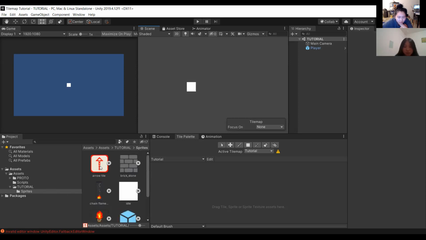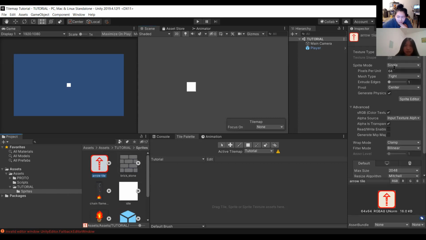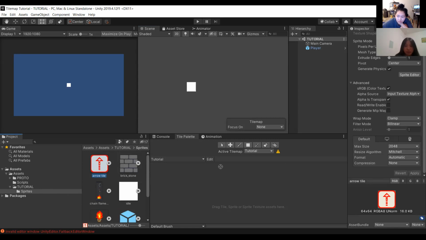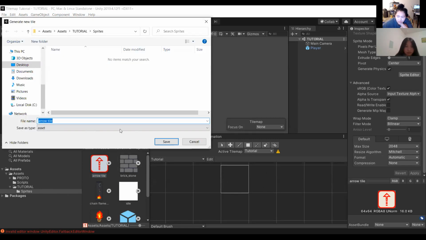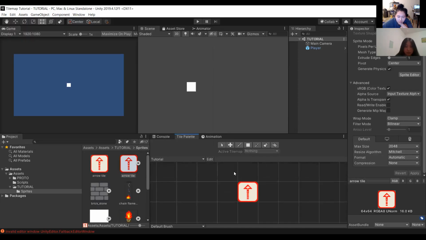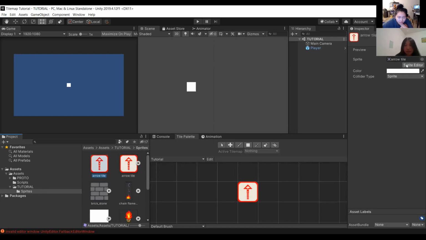Okay, so just to start, we're going to work with the arrow tile right now. Your arrow should be set to 64 pixels per unit, no compression, and then just drag and drop it in. And then click save. You'll know that it works when, A, it's lined up properly, and B, it'll create a new asset in whatever folder you're working in without a little arrow next to it. Clicking on it, you should see that it says arrow tile, and it has a sprite, collider type, that sort of stuff. So that's how you know it works.